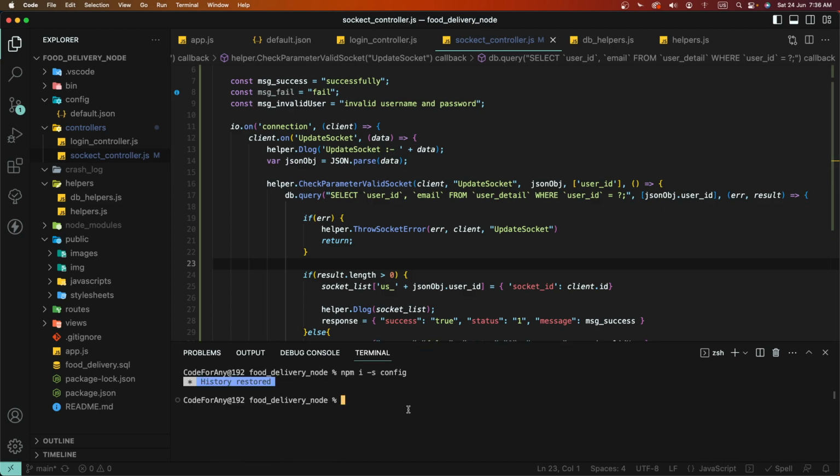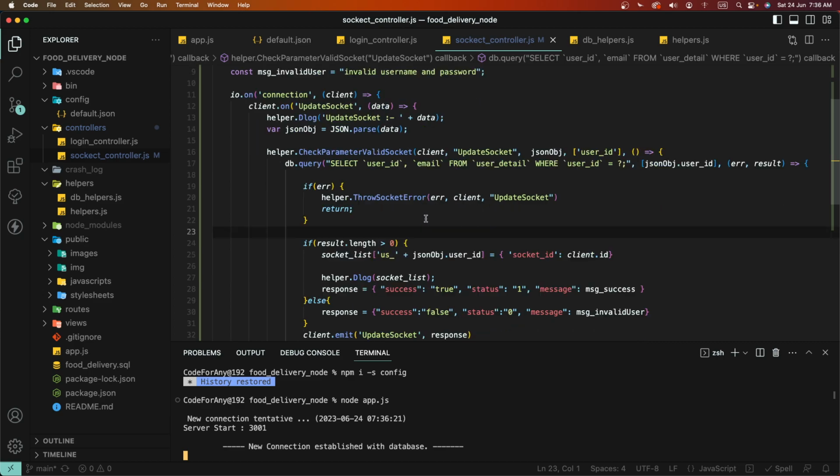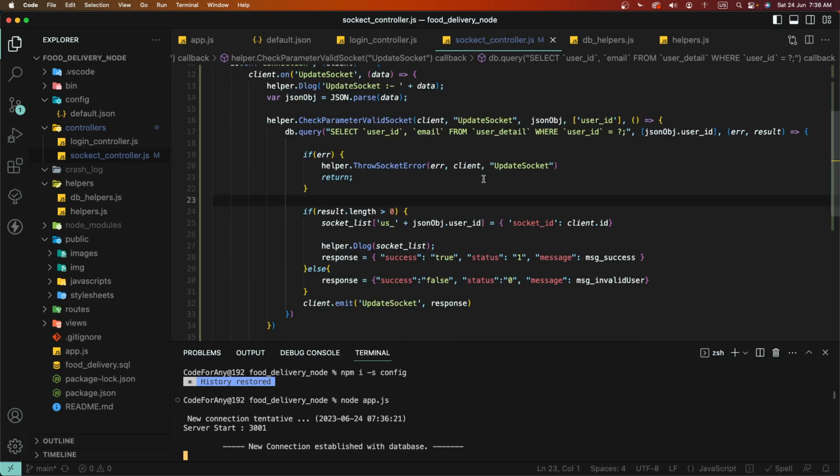We need to run it first. Now the database connection is working and the sockets are working well, and we need to connect this socket